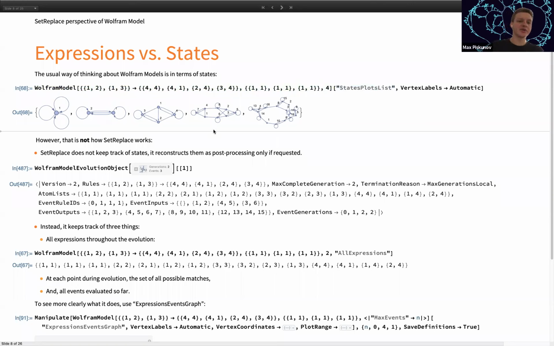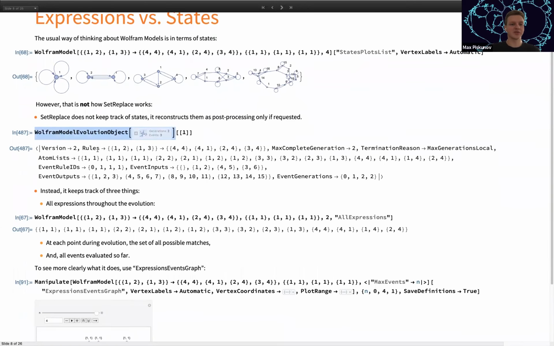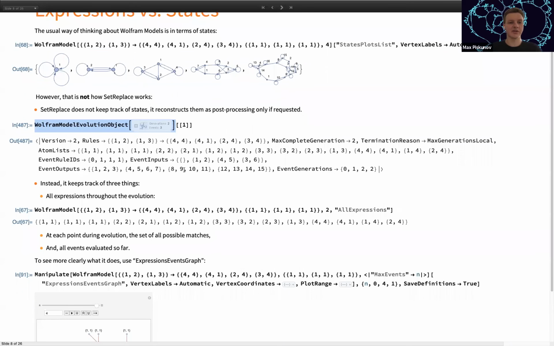But actually, internally, SetReplace doesn't work like this. In other words, you might think that all it does is that it takes a state and it applies some events and gets another state, and it just remembers those states. But actually, no. What it does, it keeps track of all of the edges throughout the evolution. It has all possible matches at every point, and then it remembers all the events it applied. And in fact, if you look at the internal structure of the Wolfram evolution object, which I will talk in more detail about later,